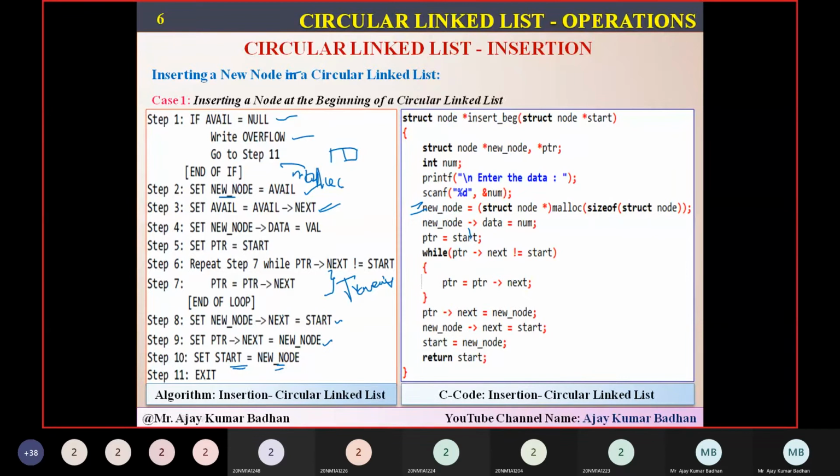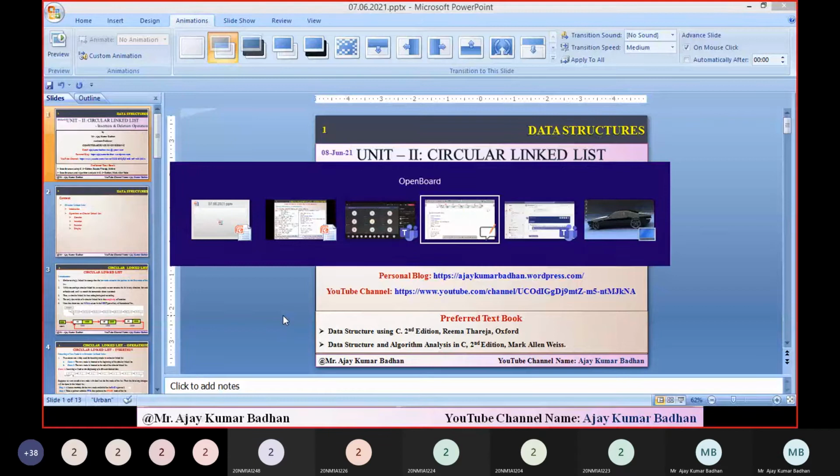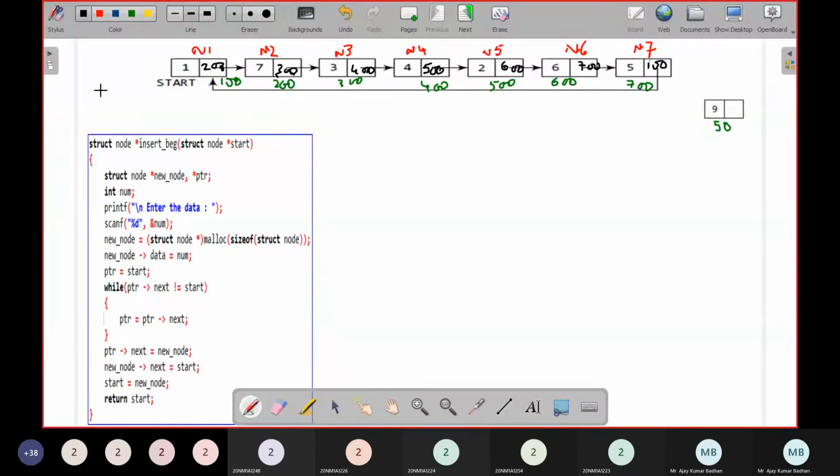This I will explain with the help of the dashboard so that people can understand. Here it is. I already have nodes here. If you can see, there are 7 nodes. This is the new node which I'm going to use. The addresses I have already assigned are 100, 200, 300. Start consists of the value 100, and it is pointing to the first node in the circular linked list. You can see the 7th node's next block consists of the address 100, meaning it is pointing to the first node.